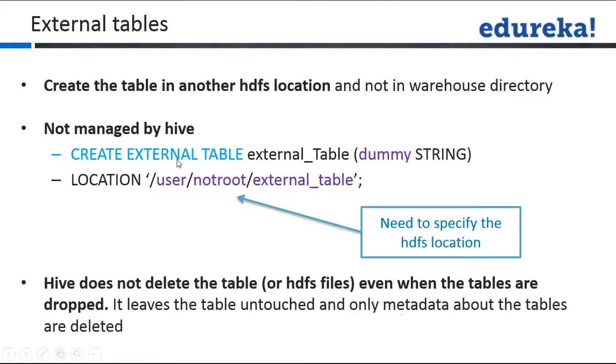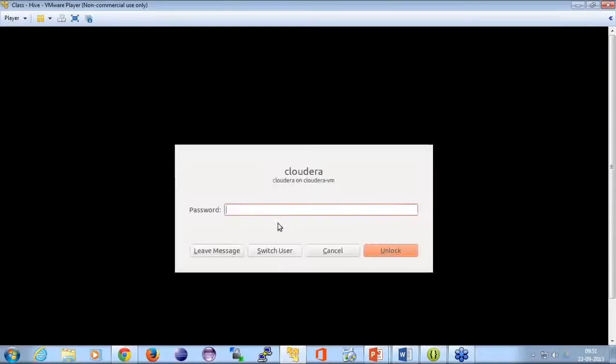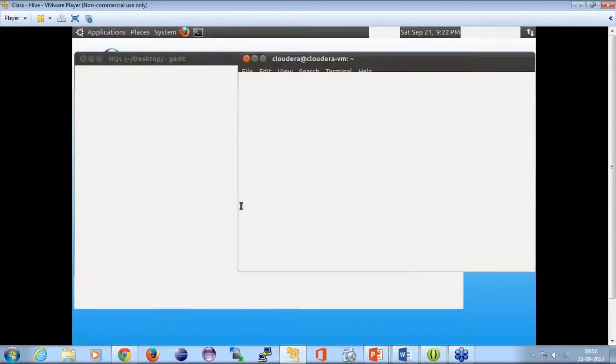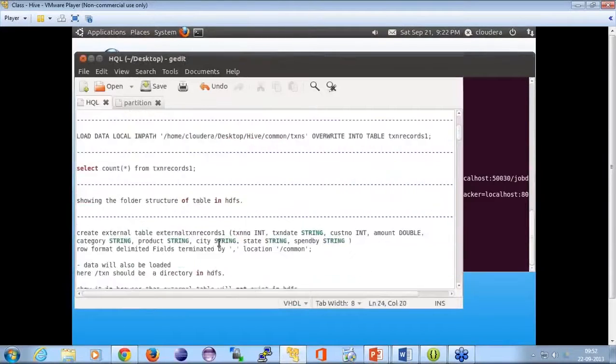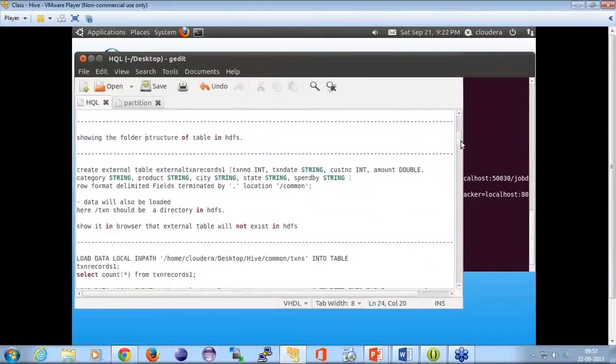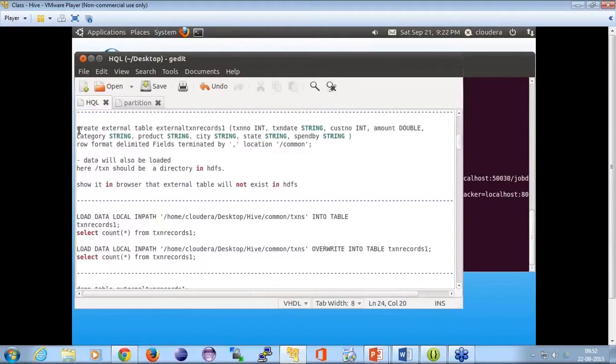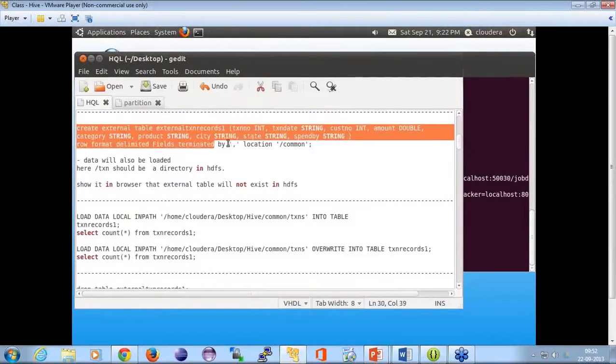Let's look at an example. Let's look at how to create an external table. In this case you have to specify a location where the external table will be.